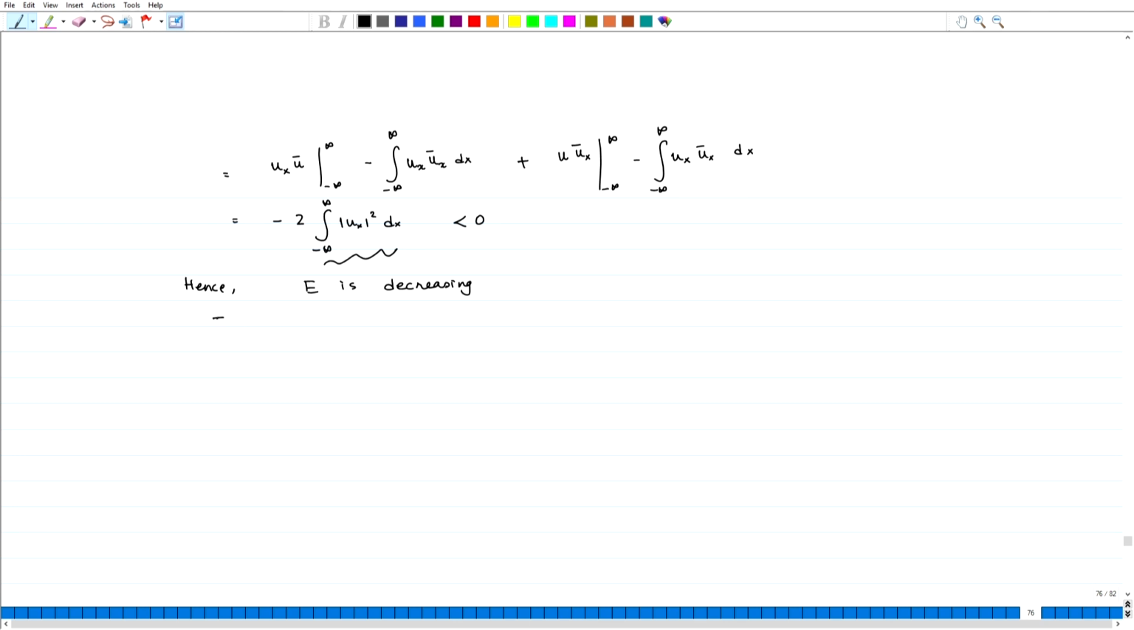Therefore, E(t) is less than or equal to E(0), which is equal to 0. And we know that E(t) is always greater than or equal to 0, because we have defined it to be the integral from minus infinity to infinity of the modulus of u(x,t) whole squared dx. So, this will imply that E(t) is equal to 0, that is